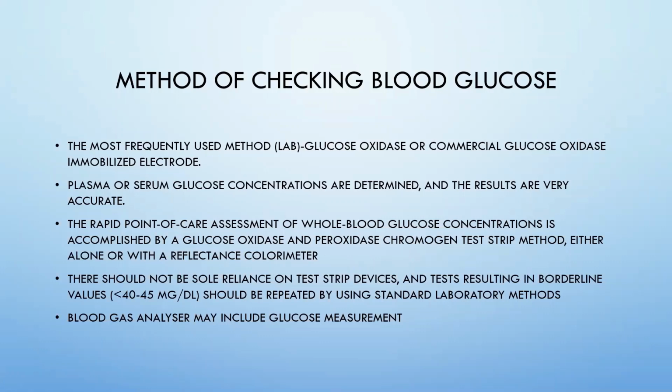The way you take the sample is important. You should allow the alcohol to dry fully so there is no contamination. You shouldn't have any other chemical contamination there, and the storage and calibration should be done properly for the meter as well. You shouldn't rely solely on these devices, and if you get a low reading of less than 40 to 45 milligrams, the recommendation is to use a standard laboratory method. You don't delay the treatment, but you send a sample to confirm, especially if you're going on a repeatedly low reading stage and you're going to escalate the treatment.